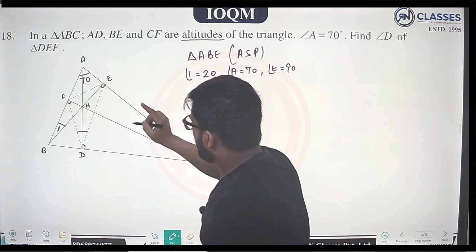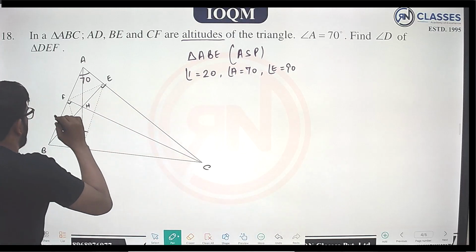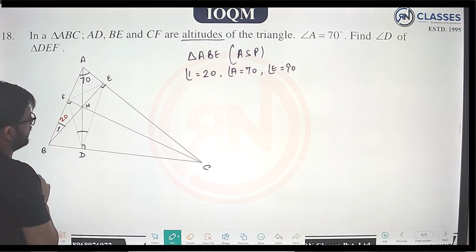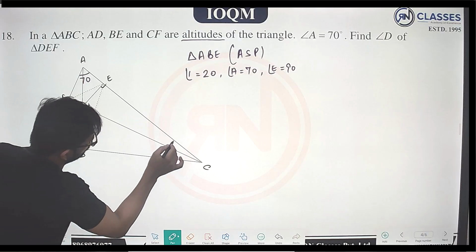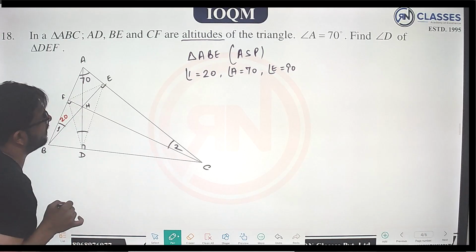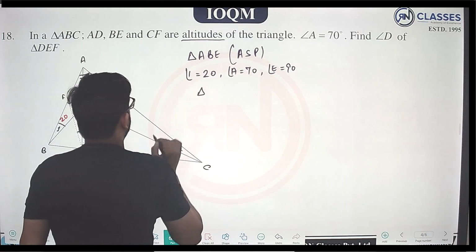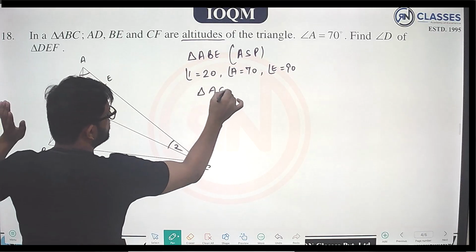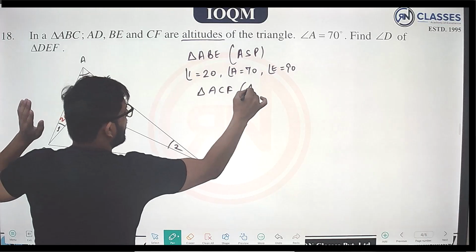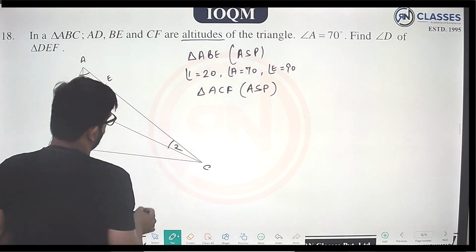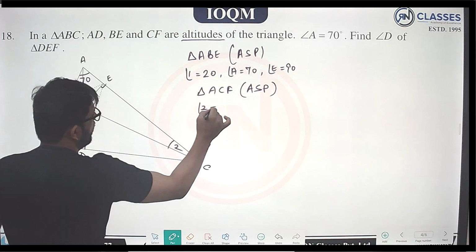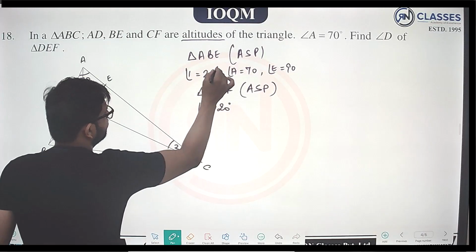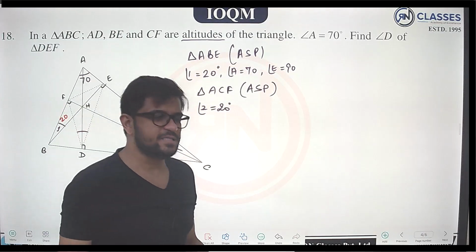ठीक है, अगर ये मेरे पास आ चुका है, दिस इज 20, तो सेम वे उल्टा भी तो चलेगा। यहां पे मैंने 2 लिख लिया। ट्राइंगल कौन सी उठाई? ACF, इसमें भी लगाया एंगल सम प्रॉपर्टी। अब मैं बार बार नहीं लिखूंगा, एंगल 2 इज अगेन 20 डिग्री। ठीक है, इतना तो दिख रहा था।